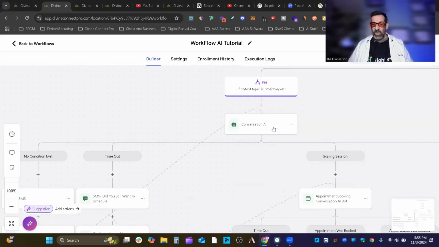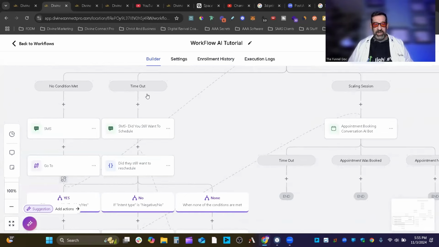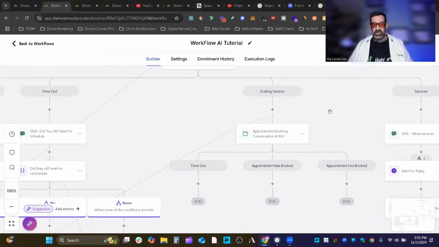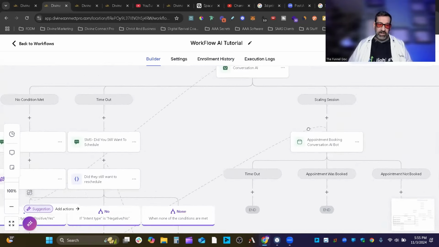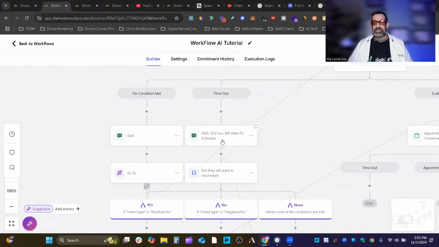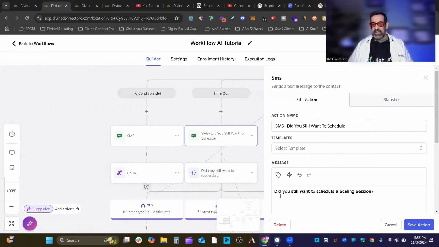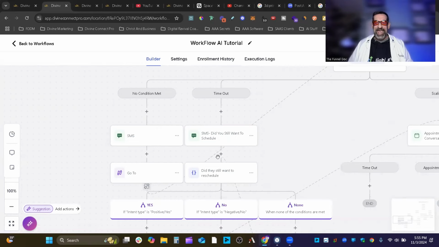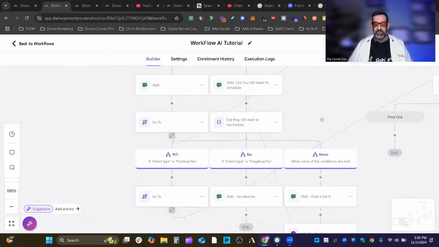And then depending on what I pick, if I want the scaling session, it will go to the appointment bot, which we're going to talk about in just a second. If it times out, then it goes to this SMS: Did you still want to schedule a scaling session? And then again, you're going to wait for the reply,